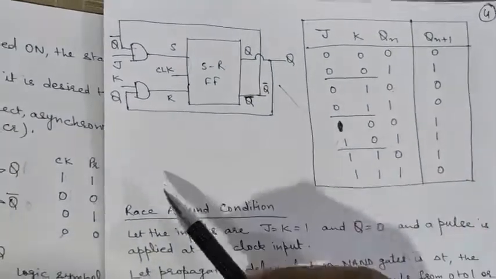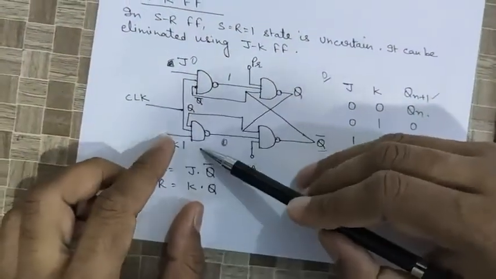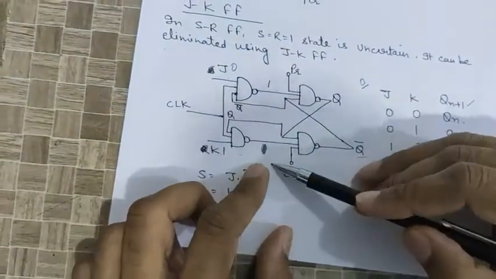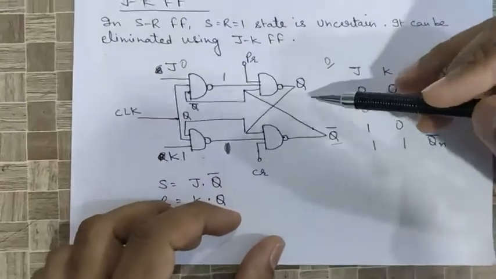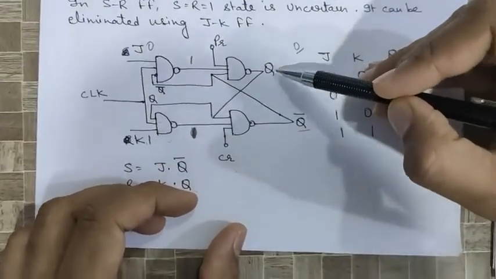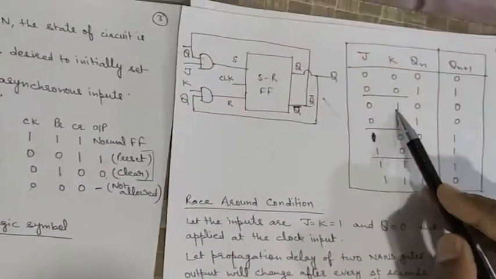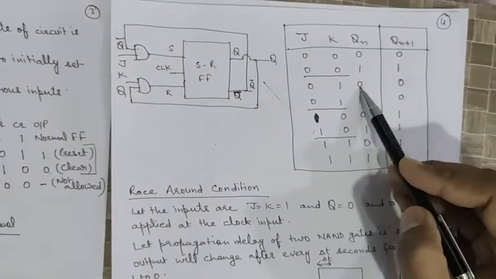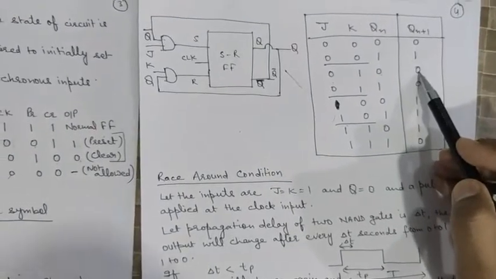In that case all the 3 inputs will be 1 here, sorry, it will be 0 here, so this will be 1, and if both the inputs are 1, the circuit will act as a latch. Because initially we have taken the value of Qn to be 0, the next state output will be 0 as shown here. That is, inputs are 0 and 1, present state output is 0, and because it will act as a 1-bit memory latch, the next state output will be 0.